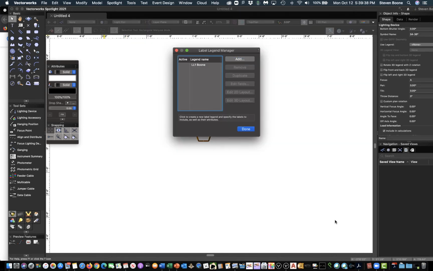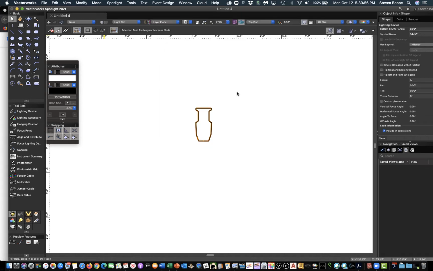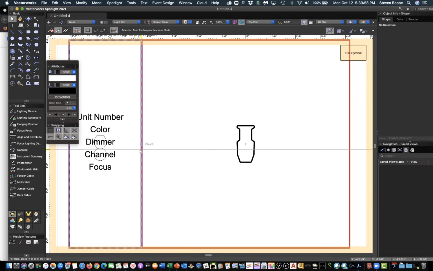We'll see. Click OK. Next thing is you want to make this one active and make sure it's selected. And if you were to click Done right now, you would actually be sadly disappointed. It's not quite ready to go yet. What you have to do is edit the 2D layout. And now you get this edit symbols spot